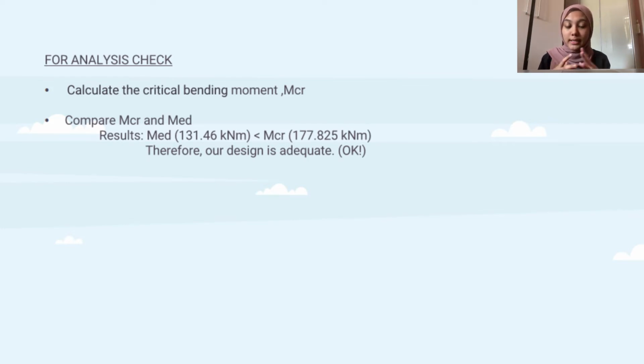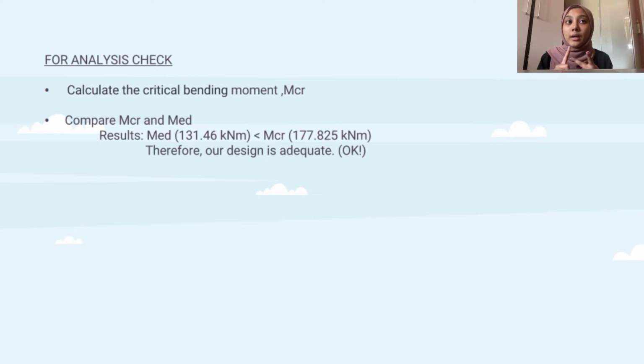Why? Because in this project, we need to know the maximum value of the bending moment so that we know that is the maximum value before it fails. So after we calculate the MCR, from this BMD we can gain the MED, which is these two values, MED and MCR, need to